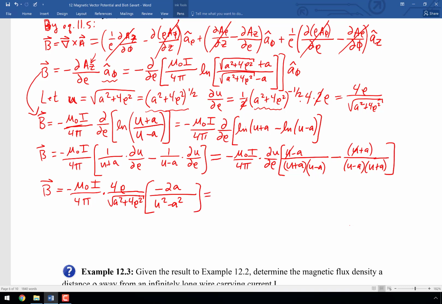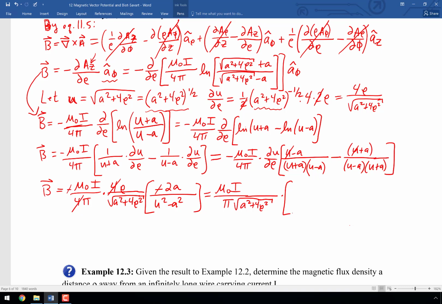It's down the home stretch here. Oh, the two minus signs, those are going to cancel out. So I don't have to worry about the minus signs anymore. This 4 can cancel with this 4. Yeah, we'll do some more in just a minute, but for now that's good. Mu sub 0 I over pi times the square root of a squared plus 4 rho squared